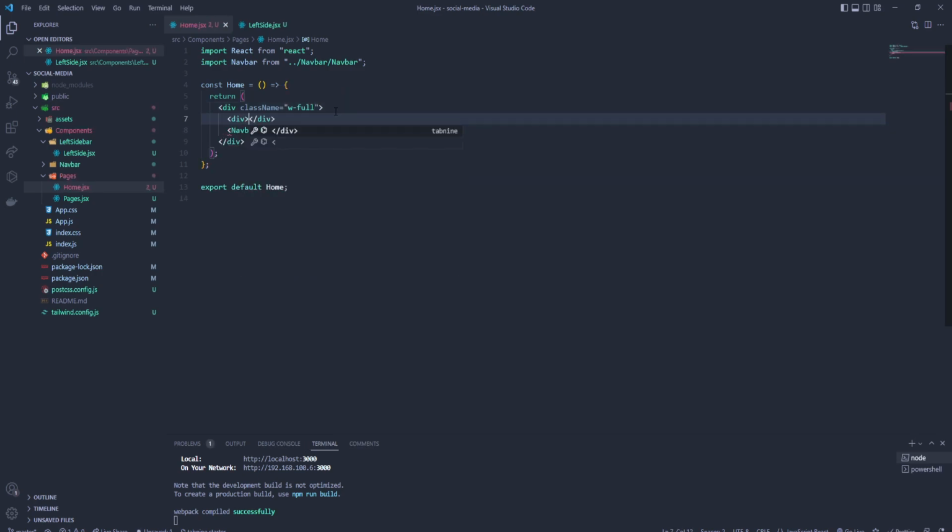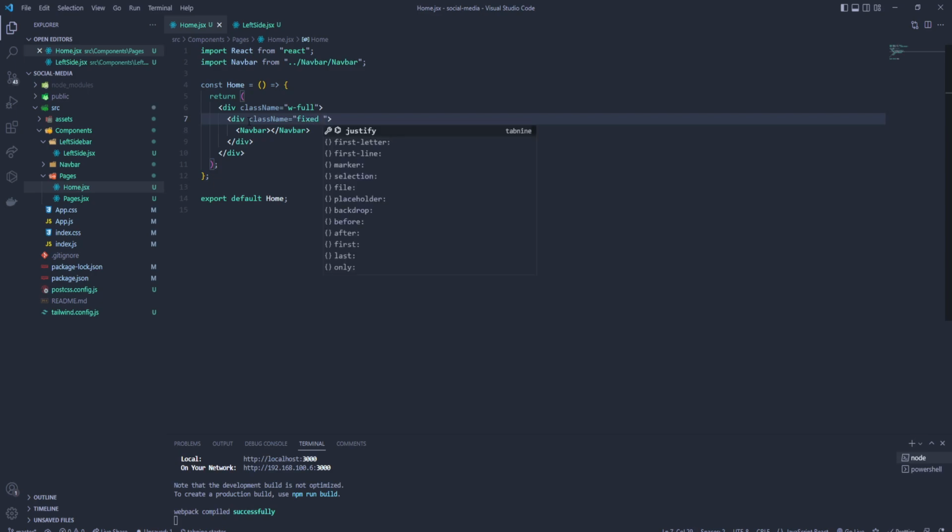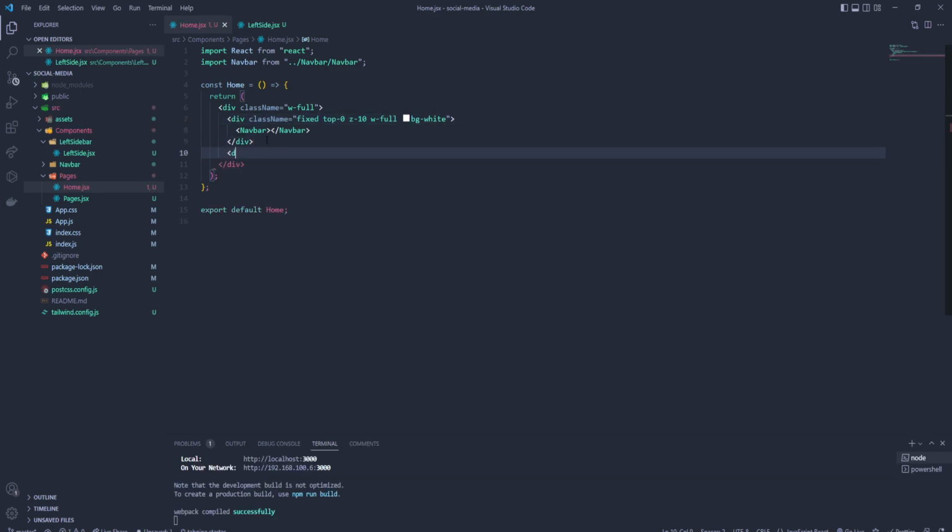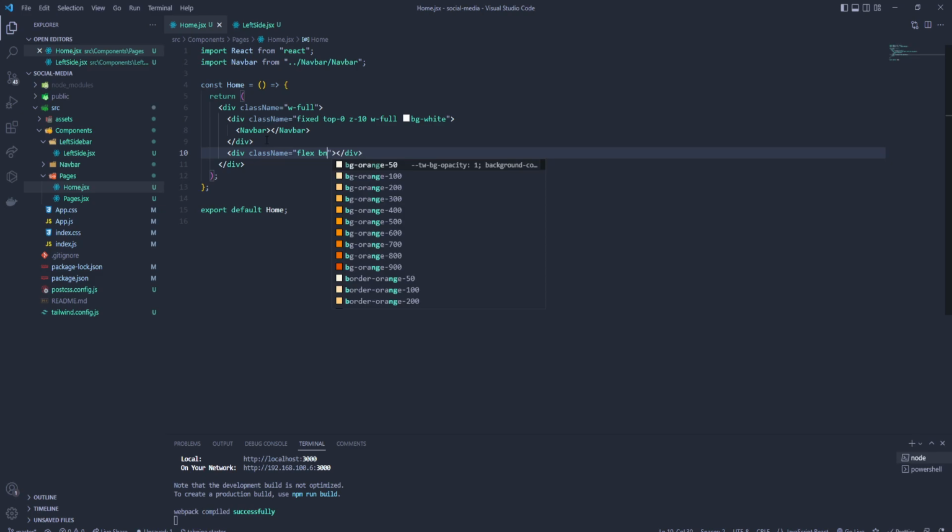Let's add a div over here, wrap it like that, and provide a class name for the navbar: fixed, top of 0, z of 10, width full, and background white. After that is done, let's create another div here. Inside that div, we're gonna have the class name flex, background gray 100, and